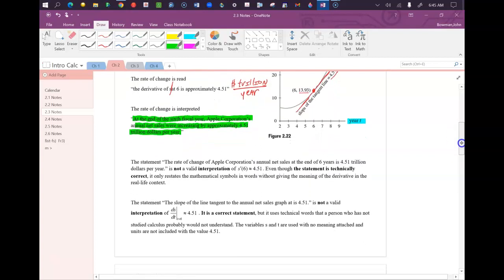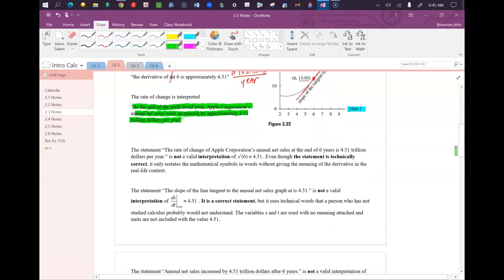So I want to take a look at some examples of some statements about that derivative and point out some flaws with some of them and point out what should be said instead. So we'll start with this first example. The rate of change of Apple Corporation's annual net sales at the end of 6 years is $4.51 trillion per year. All right, that's a pretty good statement. The problem with that is that it's missing the following. It should say increasing